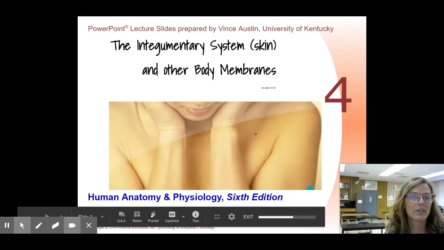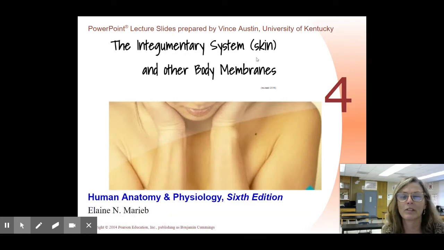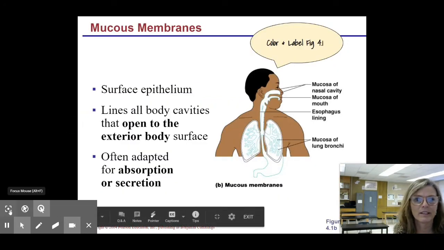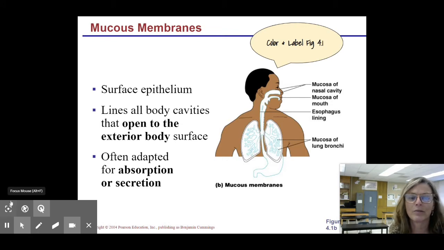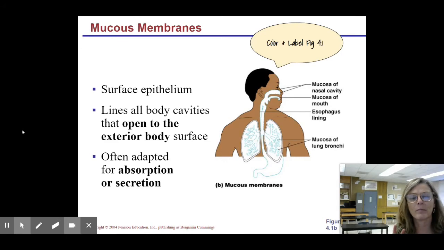So chapter 4 is about your skin, called the integumentary system, but it also includes a little section about other body membranes. So this first video is going to be about those other body membranes. One of the types of membranes are referred to as mucous membranes. If you look at figure 4.1, it's the second page in your packet, you have some diagrams to just outline